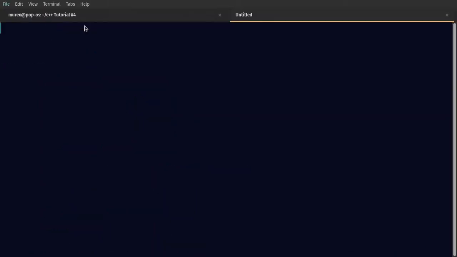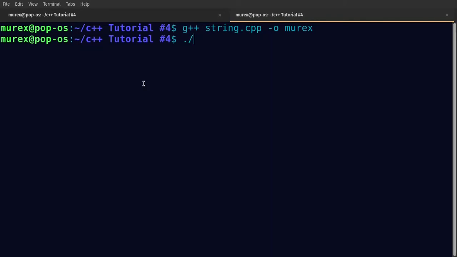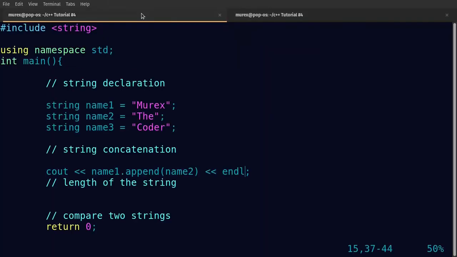Let's open a new tab, and we're going to use the g++ compiler, which we have for string. There we go. Just call it Murex. There we go. Murex there, right? Cool. Because I concatenated the two. But what if I want to concatenate the whole of this with the other one, the third string? So you will see what happens if you do this dot